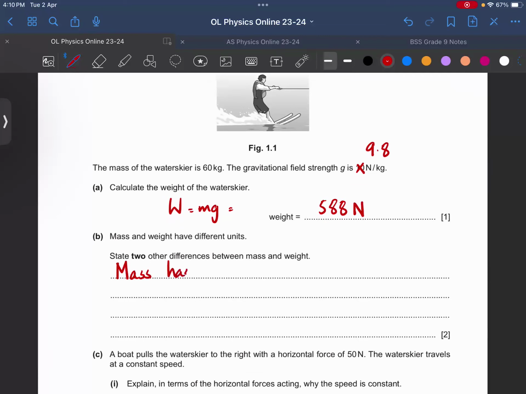The first one I'm talking about is in terms of the direction। तो मैं कह रहा हूँ mass is a scalar, weight is a vector। ठीक है, ये एक डिफरेंस है। ये ना समझे कि these are two differences, this is one difference which was on the basis of direction। Mass does not need a direction, weight does need a direction। दूसरा वाला I'm writing this।